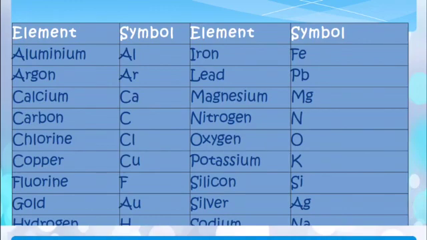So in this way, we come to the symbols of the elements derived from their English names and from their Latin names. While writing the symbols of the elements, it may be the first letter, the first two letters, or the first letter and a second letter from in between the name of the element, or the first two letters of its Latin name, the first letter of its Latin name, or the first letter and a letter from in between its Latin name. Is that clear?